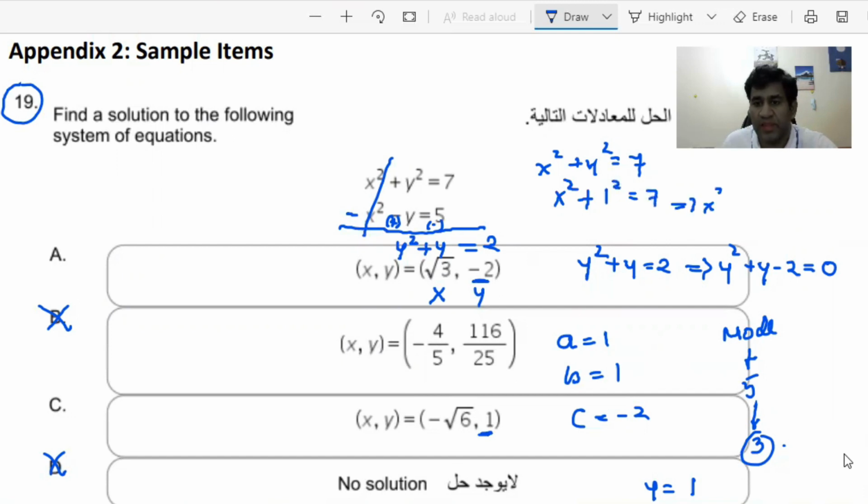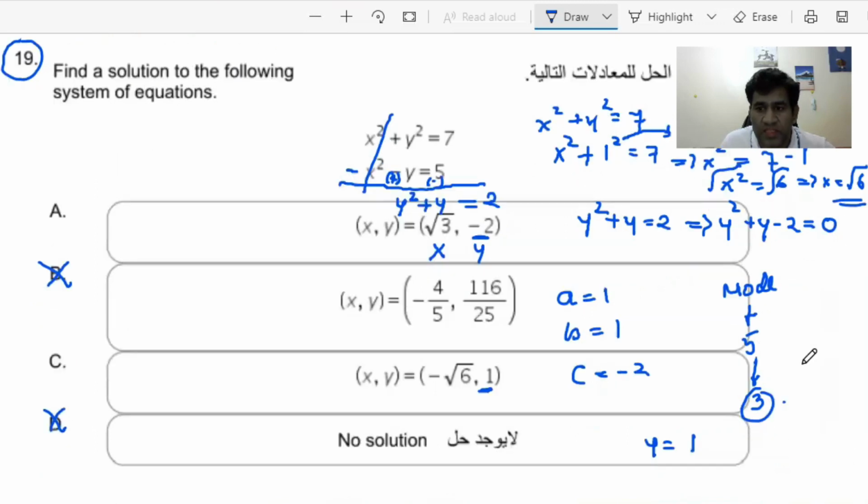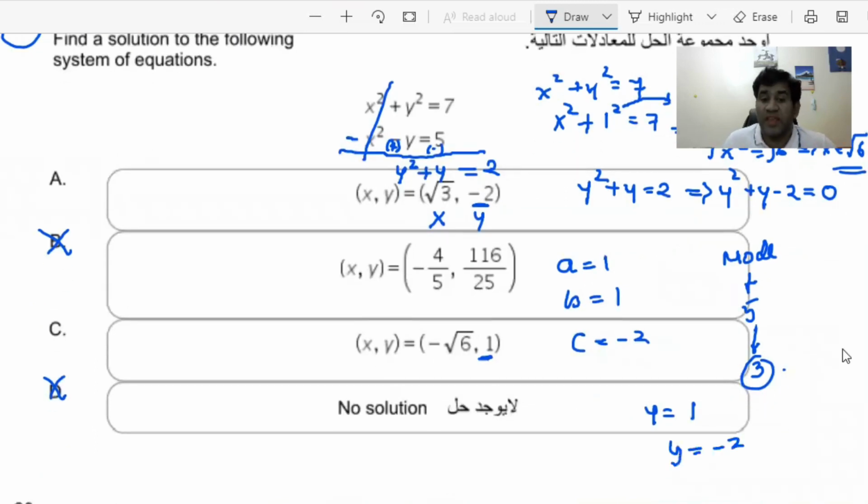That gives you x square is equal to 7 minus 1, because 1 square is 1 itself, and when you take it to the other side, it becomes negative 1. So x square is equal to 6. From this, x is equal to the square root of 6, isn't it? So put a square root on both sides. Is the value of x available as square root of 6? No. Here in option C, it is available as square root of negative 6, but we must get it as square root of 6. So that's why C cannot be the answer, A will definitely be the answer.